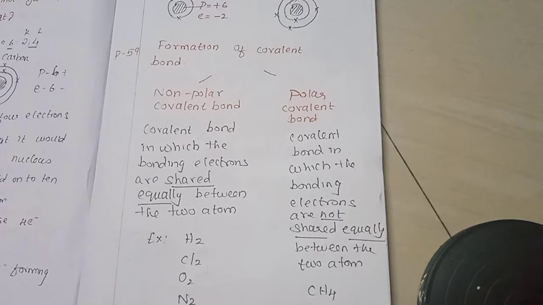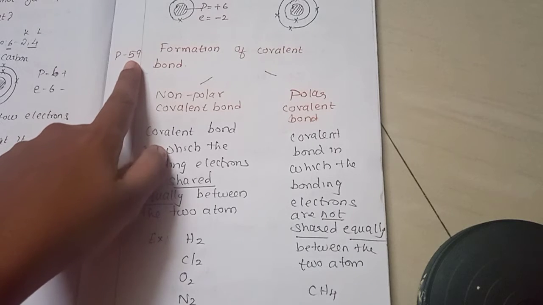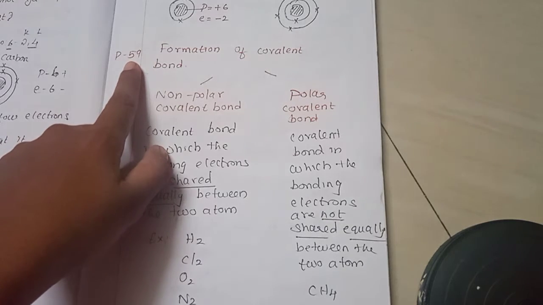See, as I already mentioned, this YouTube channel is mainly for the CBSE students to go through the page-wise revision for term 2. So, we take this chapter, Carbon and its Compounds, from the 10th standard science textbook, and we are continuing from page number 59.